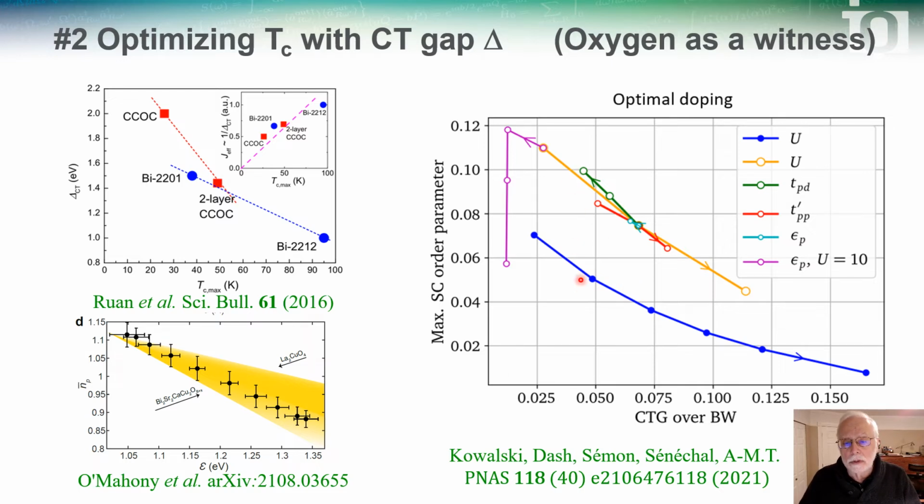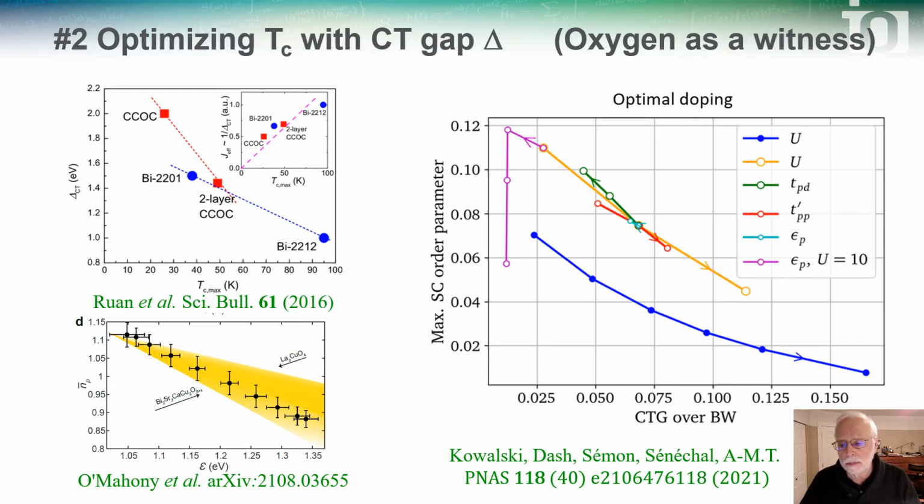So these two curves are for respectively the covalent class of models, and this one for the ionic class of models. So you see that a given charge transfer gap does not determine uniquely the value of the maximum superconducting